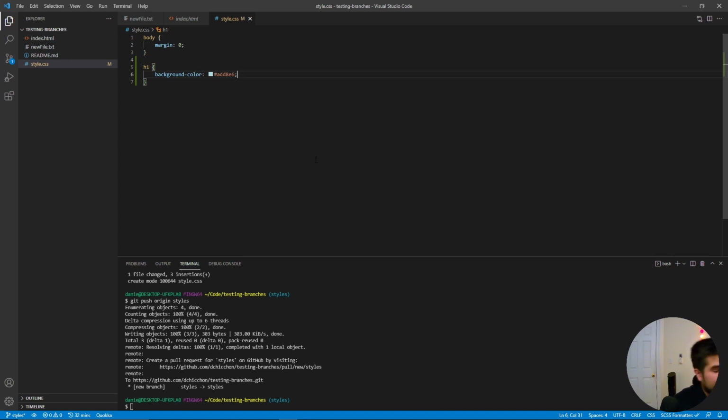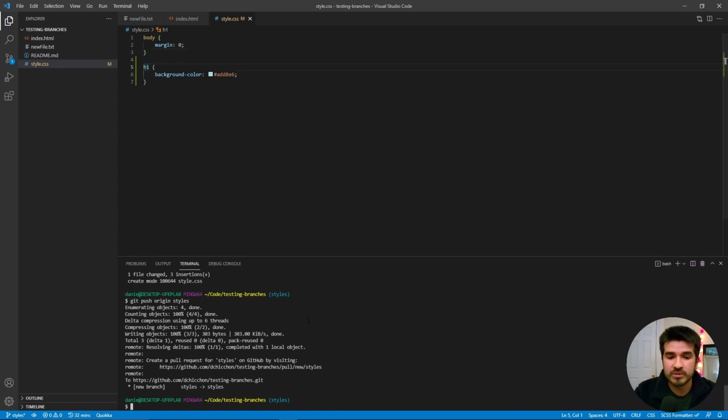And as David, I'm going to do a git add, git commit, add styling to body, git push origin styles. Fantastic. All right, so I just added to the styles branch as David, and now Danny, me, I'm still working here. So I'm going to say, okay, again, I was pretty satisfied with this body margin of 0, and